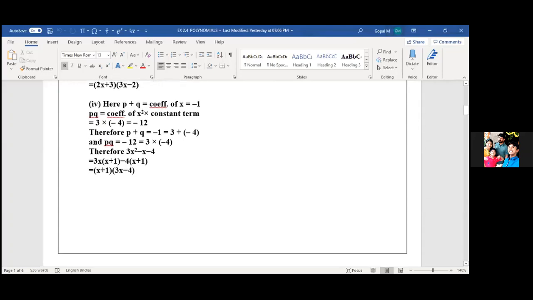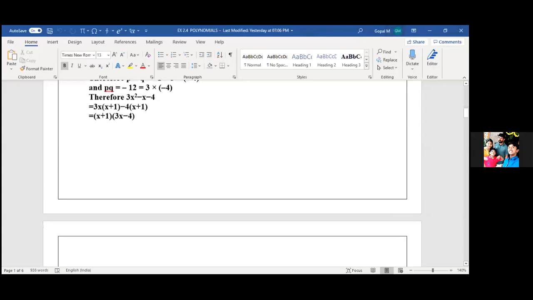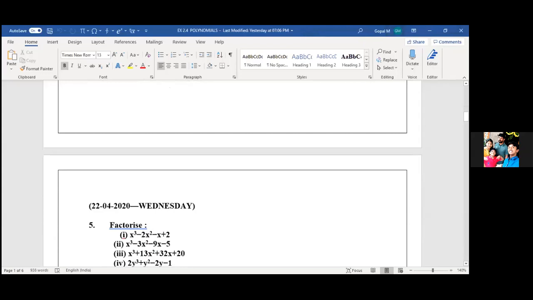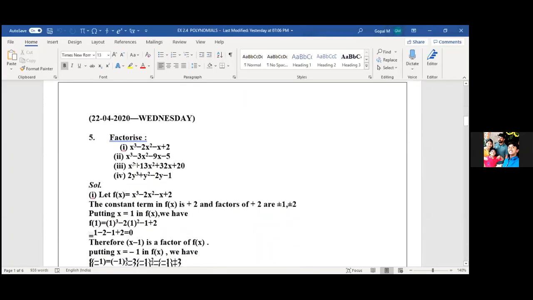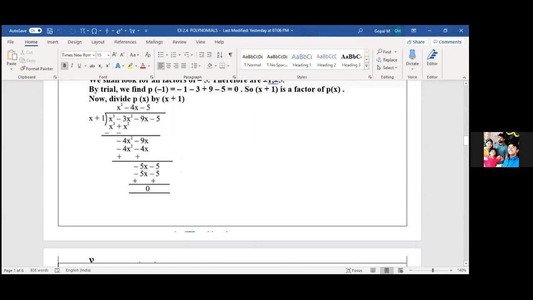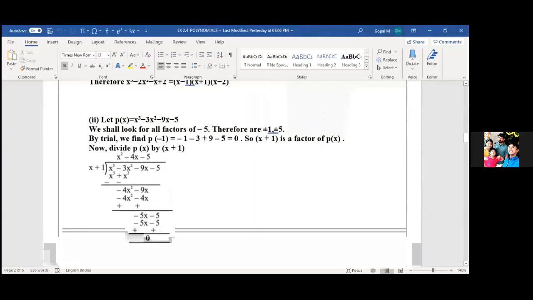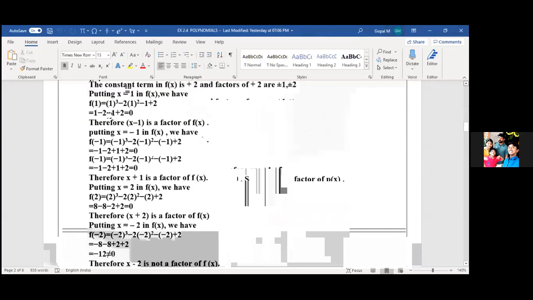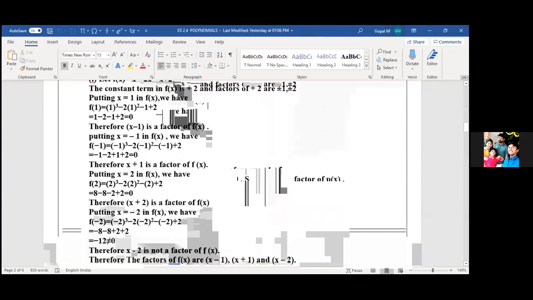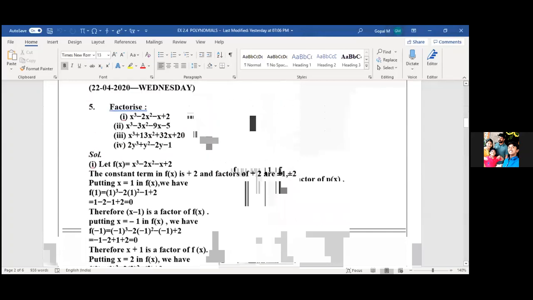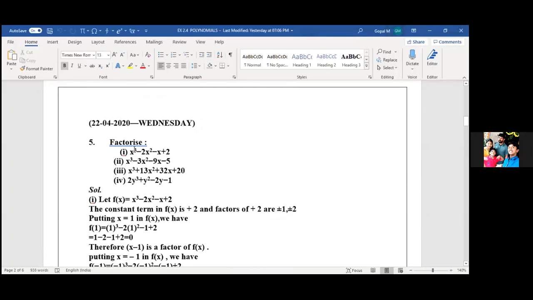Today we start with the same concept but slightly different. Till now we have learned how to factorize up to degree 2, and even this easy way. Now I'm taking polynomials up to degree 3 and 4. Today I'm going to teach factorization in a different way. As I said in yesterday's class, the factors are completely based on the degree of the polynomial. Am I clear, children? If the degree is 3, how many factors can you expect over here? We can expect 3, ma'am.